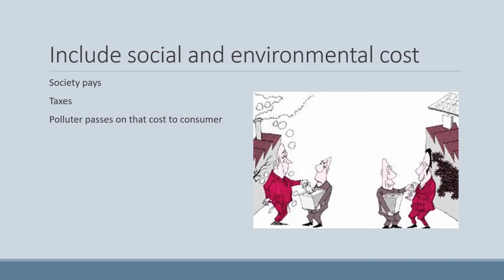So sometimes we get these passed on to us and we're either knowledgeable about it or we're not. Typically when we see it, we again make a judgment. Is this worth it to me? Is this not worth it to me based on the new cost? What can happen as a consumer, especially with an environmental cost, is that any environmental cost producers have to deal with on their end, they can pass on to you. So they'll pay it, but you, by buying that product, are paying it for them, so they're essentially breaking even on that.